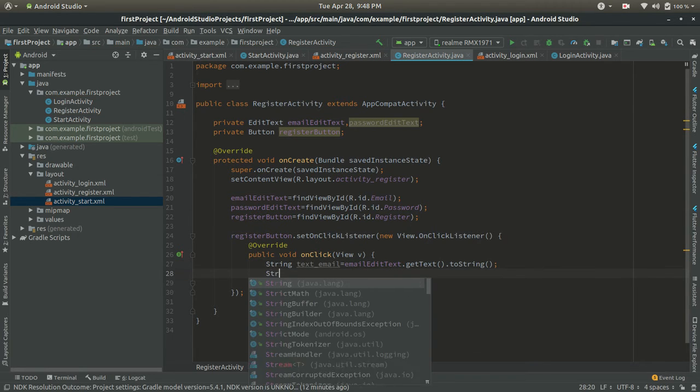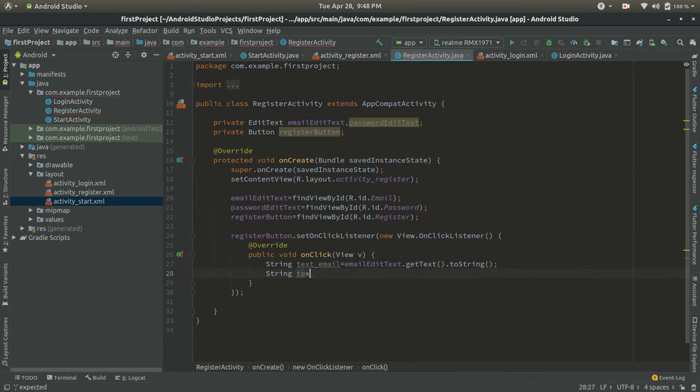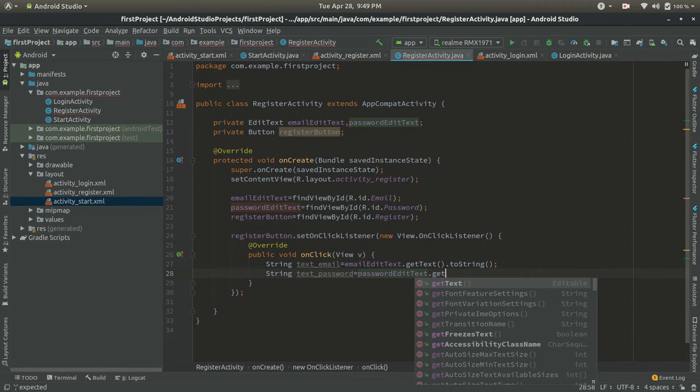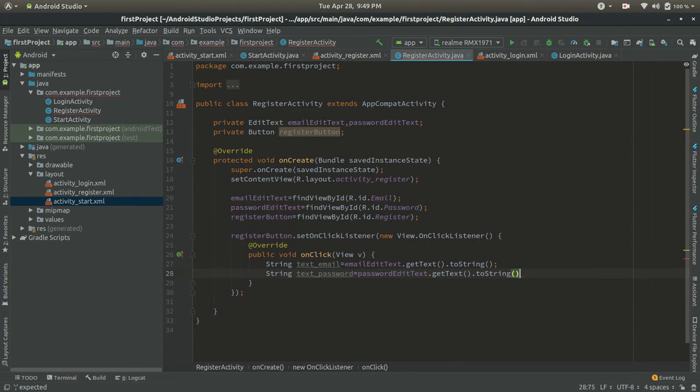And now we will create a string for password, string text password is equal to password edit text dot get text dot to string.